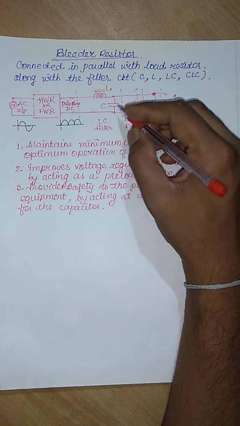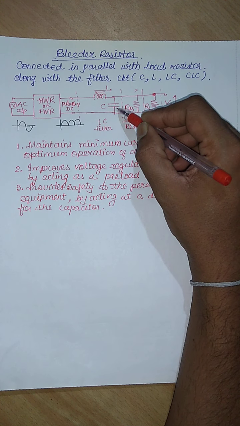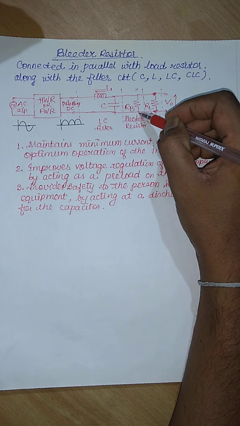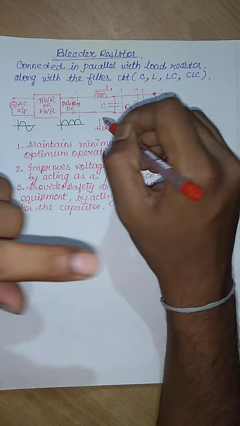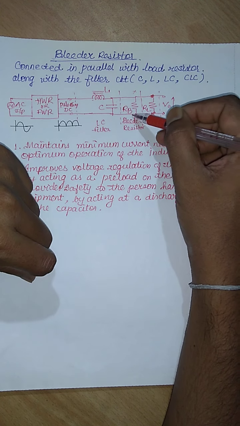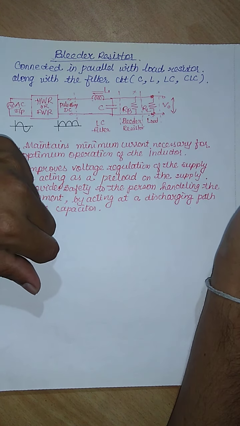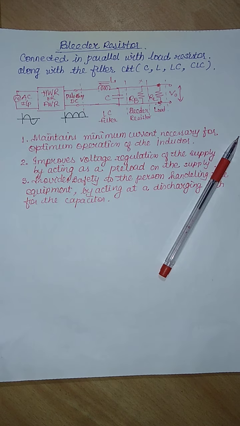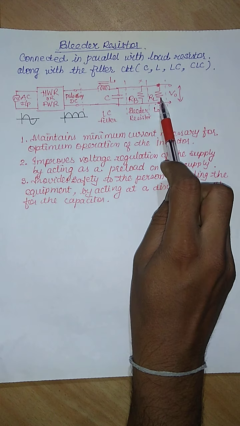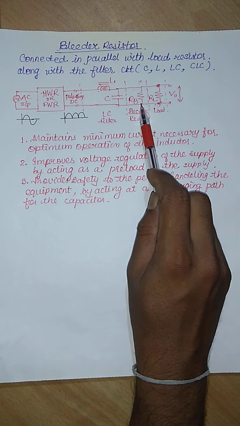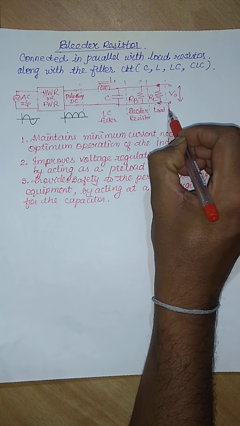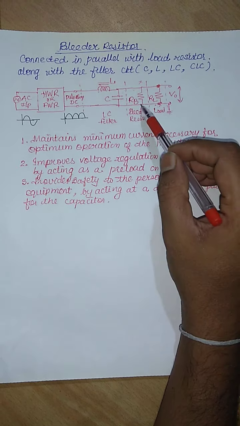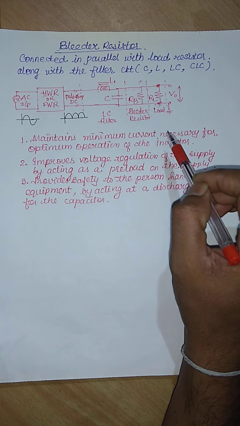So to prevent the sudden discharge of a capacitor through the human body, we provide a discharging path by connecting a parallel resistor, that is the bleeder resistor, along with the load resistor. So the capacitor, which was previously discharging through our body in the absence of the bleeder resistor, will now discharge through the bleeder resistor, and ultimately it will be connected to the ground. In this way it provides safety to the person handling this